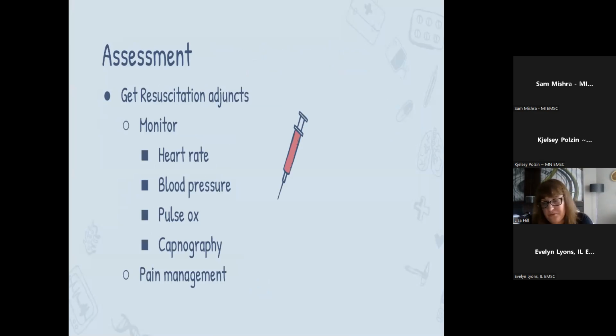Sometimes some of the crews may not have the different size blood pressure cuffs for the pediatric patients. I understand that. They just have the monitors now. But if you do, try and get a manual blood pressure and use your monitor for trending purposes. The pulse ox and capnography, if you have it, the waveform capnography. The patient doesn't have to be intubated to have capnography. You may be lucky to have the nasal cannula capnography